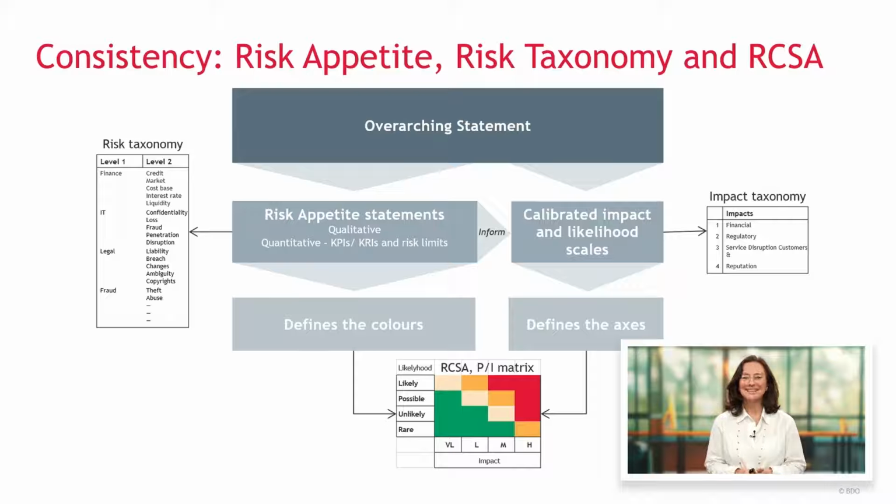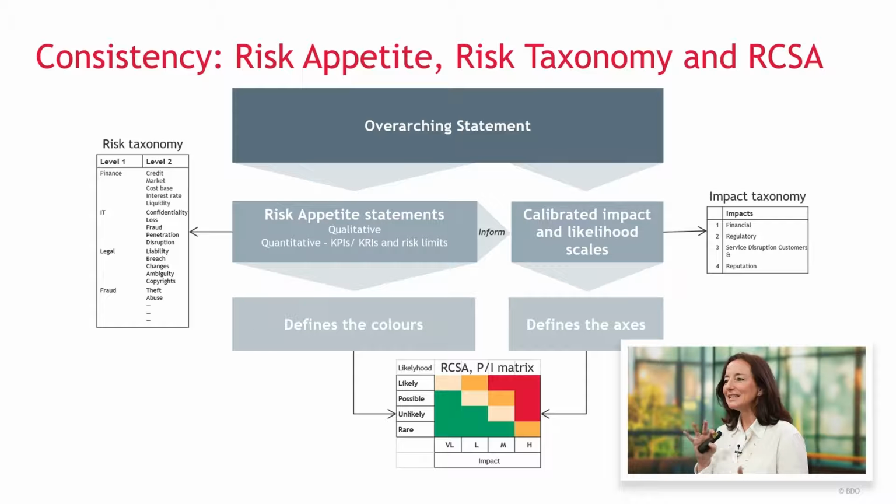Consistency is a must in your risk management framework, and the RCSA and the heat map, so this color-coded probability impact matrix that you see, really inserts very well in a risk management framework. So in this visual, you see pretty much all the elements of a risk framework fitting together, from the overall risk appetite statement of the firm,